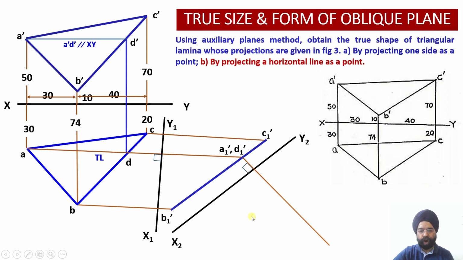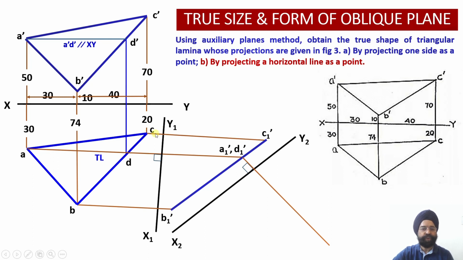Since I have to draw the auxiliary plan over here, the distances of the plan will be required. And which distances will those be? They are the A, B, C, D points, but these distances have become redundant because now the intermediate plane is not XY. The intermediate plane has changed from XY to X1, Y1, which was our AVP. So X1, Y1 is our intermediate plane for this plan. How much is this distance? I don't know. So I have to use the compass again over here.